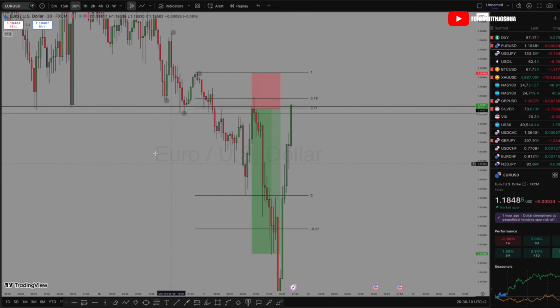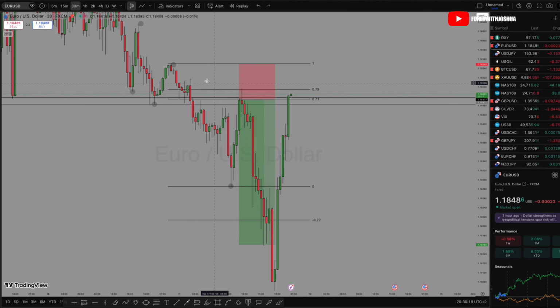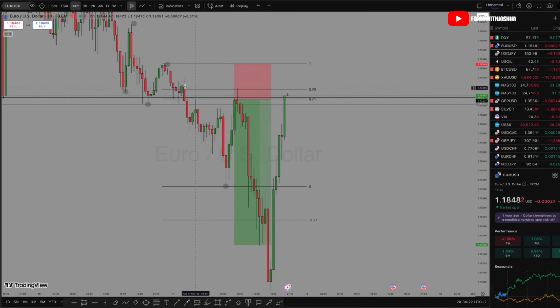So all I had to do was to stretch my Fibonacci from this high to this low here. After stretching my Fibonacci, you can see that I got my levels around this area here, which was my area of selling opportunities. And exactly that happened when the market was pushing to the upside. It came and reacted from this point and massively dropped, giving me a 1 to 4